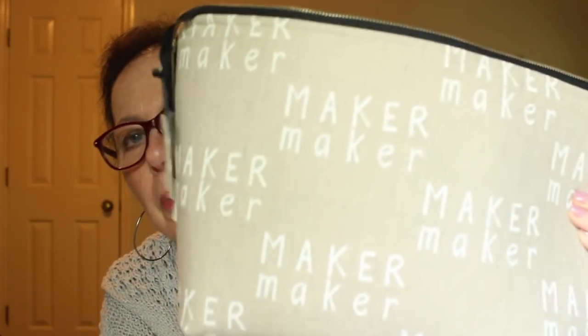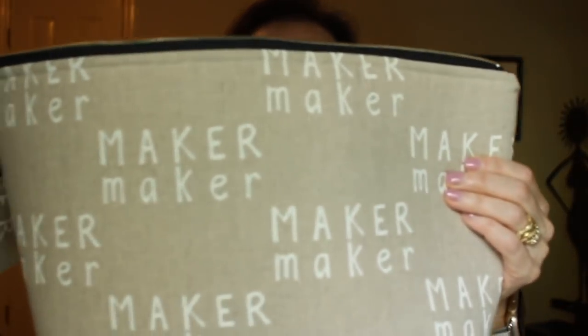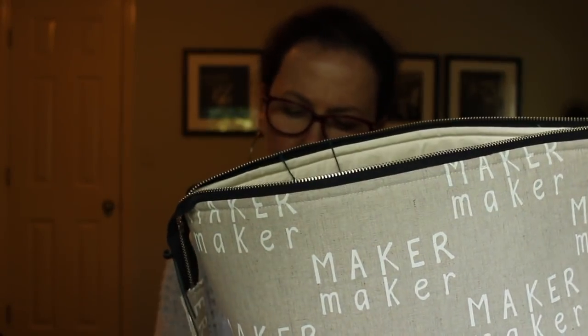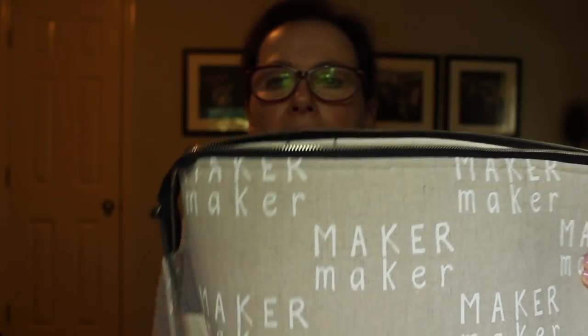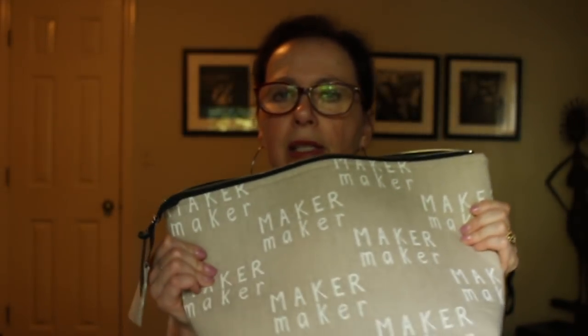It's being held in my maker's bag by Maria. Oh, I love her. Maria Elena Bliss is Maria's name. I met her in Savannah when I was there. Love this bag. It's a great sweater bag and it's so cushy. I got some other things from her as well. So that's the status of my